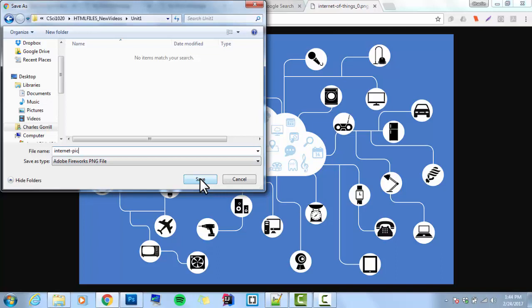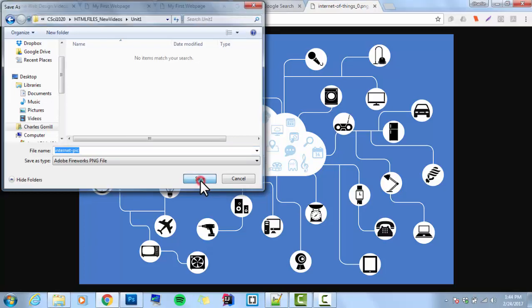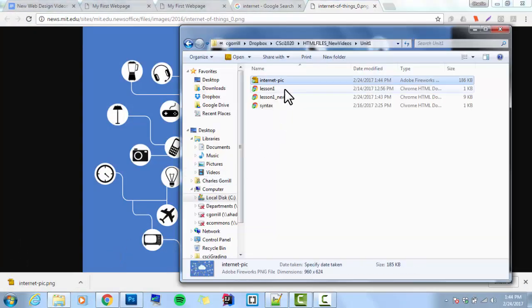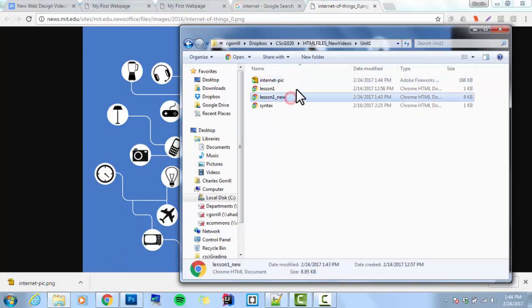Internet-pic, and save it. I do not want to put .jpeg or .png on the end. The browser is going to add that file extension when I save it. I don't do anything except type a name. Keep the names as simple as possible. Save. Now, if I show in folder, you're going to see that it exists in the same directory as my